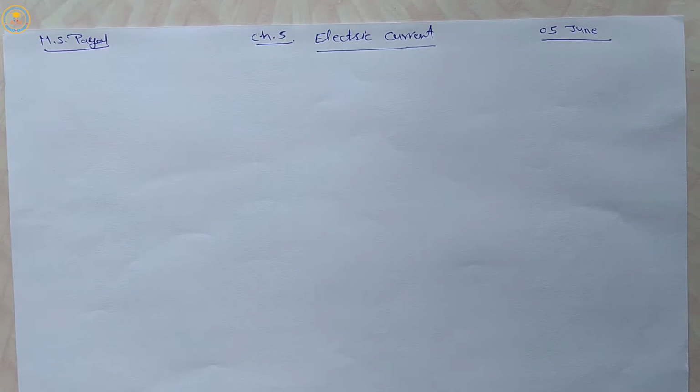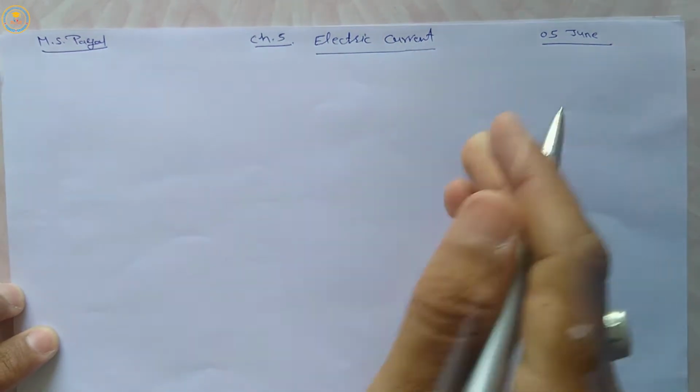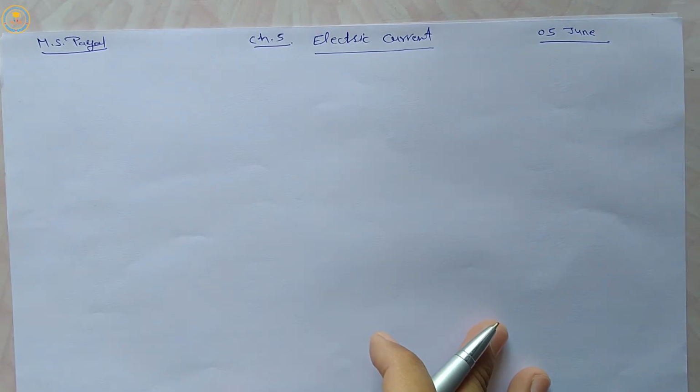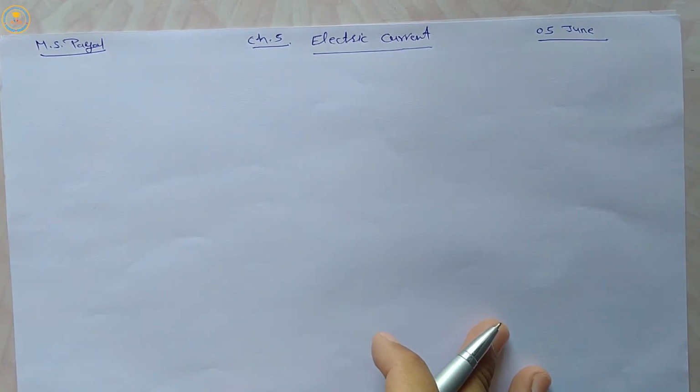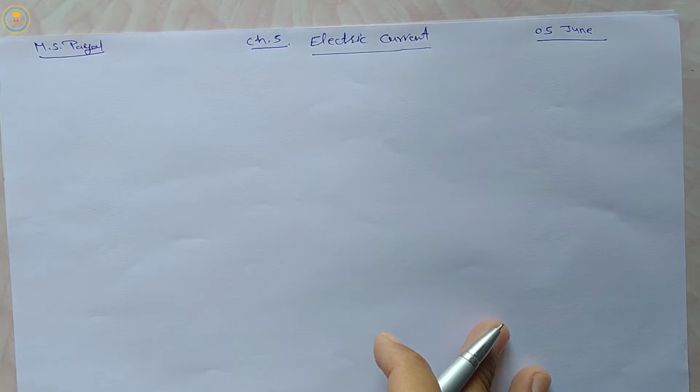Our chapter number 5 is going on, which is electric current. In the previous video, we studied about electric current density and drift velocity. What is electric current? We know very well electric current